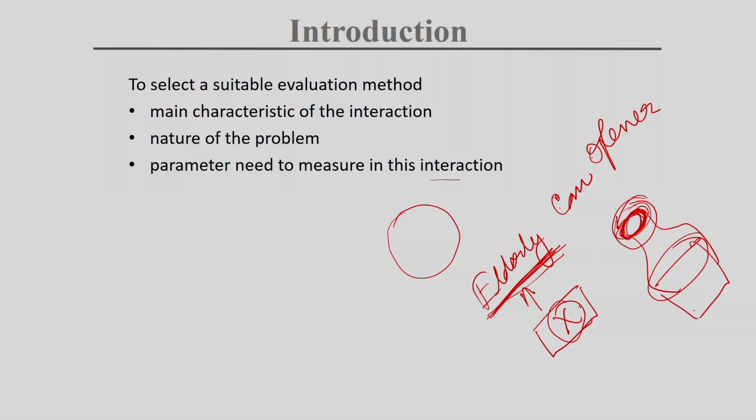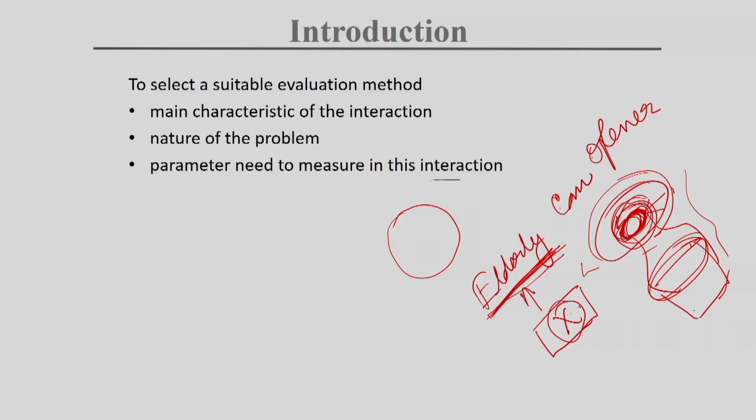So if you are designing something, you have to think about all these parameters, and how this dimension change or that dimension change influences the force you require to open. As we have discussed just now, if it is this big, it is difficult. If it is small, maybe it is easier, because in this case we can hold it properly, and in this case we can't hold it properly. So all these dimensions are important when you are designing a product, and we need to understand how you can assess and evaluate this interaction. These are the main three issues we need to consider when we are evaluating any product from the point of view of the physical aspect.